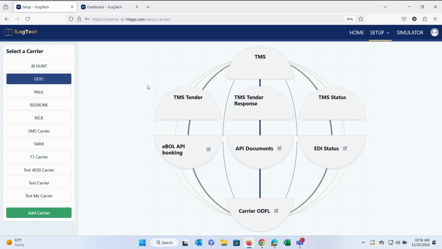And here we've had to pre-build some workflows. Like ODFL here is an example where we've pre-built the workflows for the EBOL process. They'll select this as a template, and the workflow itself will reach out, book the load, get the booking number, then go back to the EBOL API, get the pro number, and insert it into the TMS itself. Then when we start tracking statuses throughout the process, some carriers do offer API statuses, but still most people are using EDI statuses.